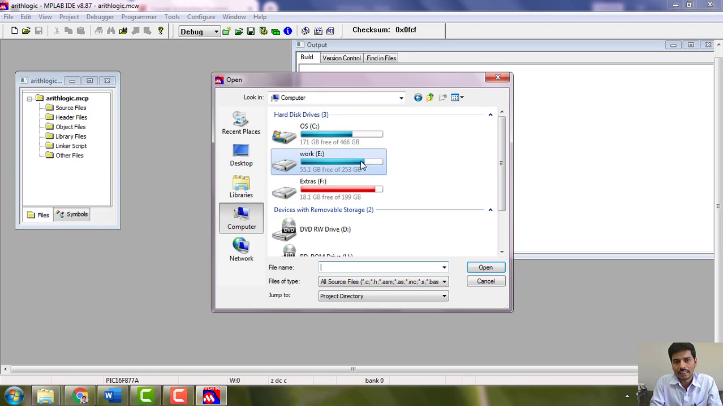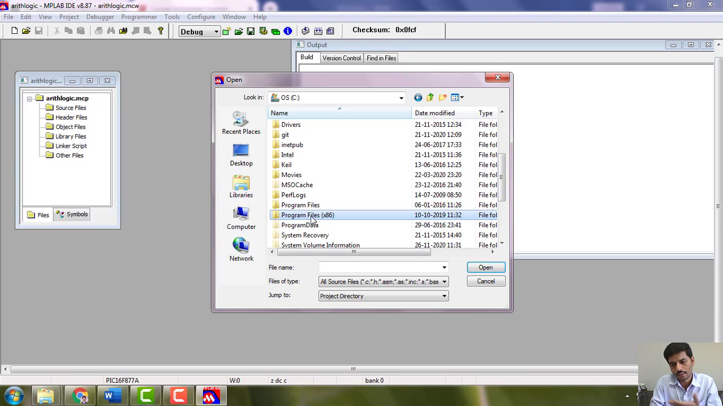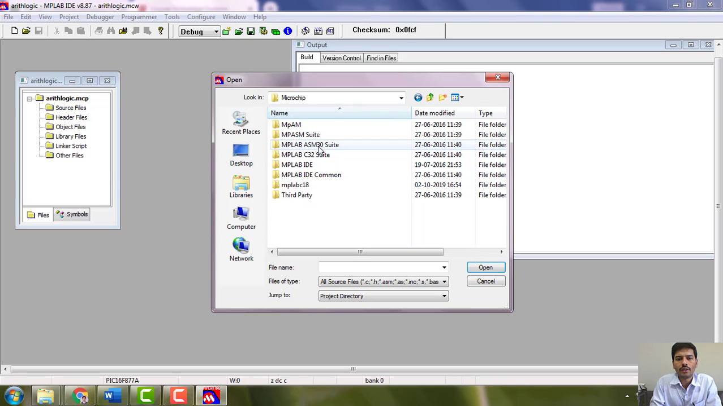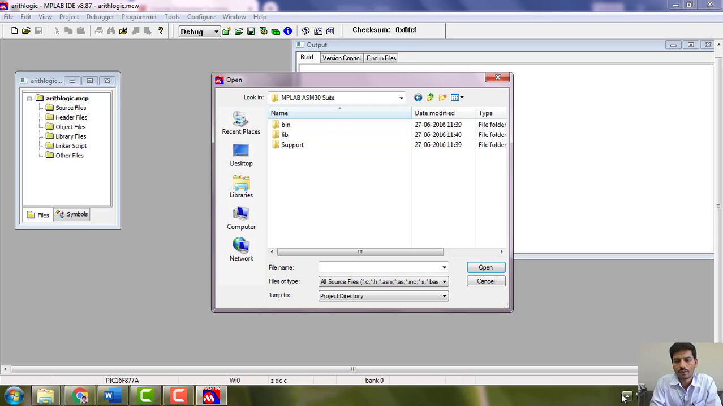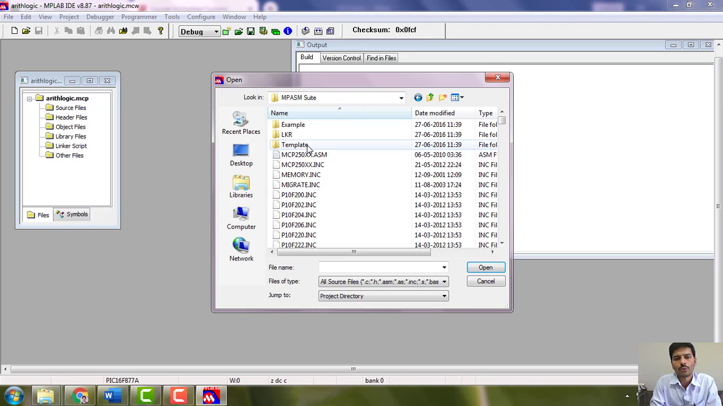Go to C drive, and if you have a 64-bit OS, then go to Program Files x86. If it is a 32-bit OS, it will be Program Files. Since it is a 64-bit OS, I am going to Program Files x86. Go to Microchip, MPASM Suite, and again MPASM Suite. Go to Template,